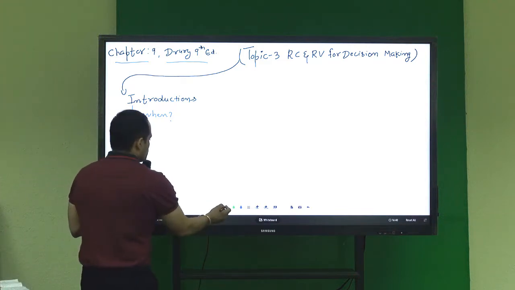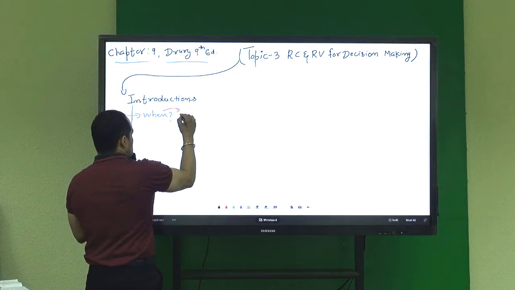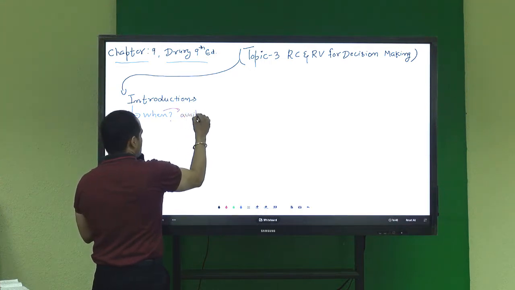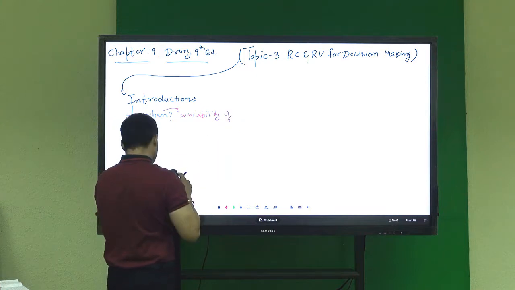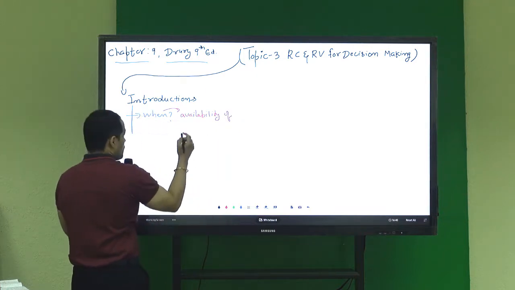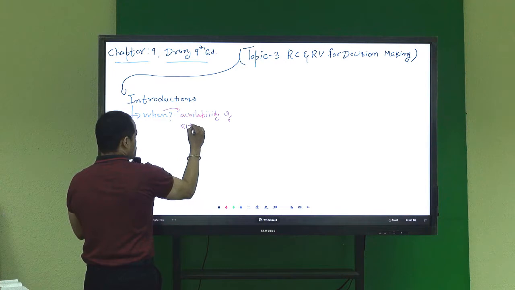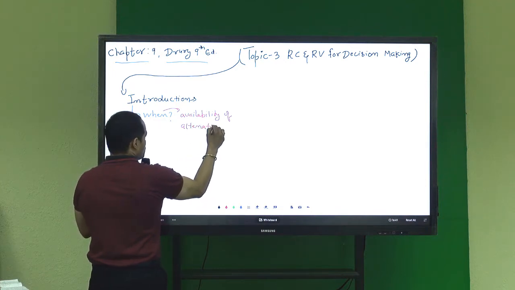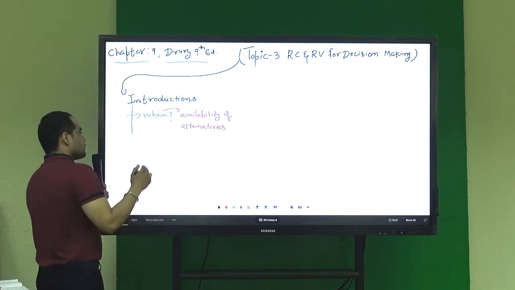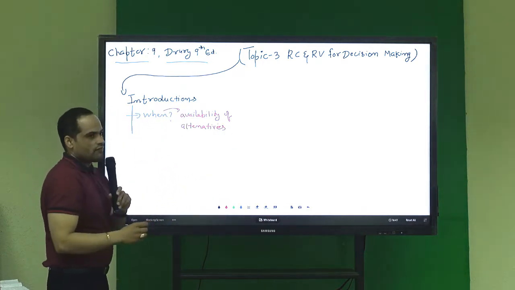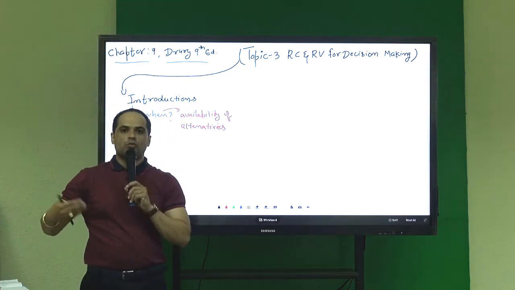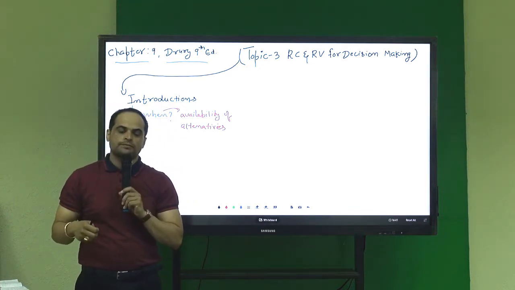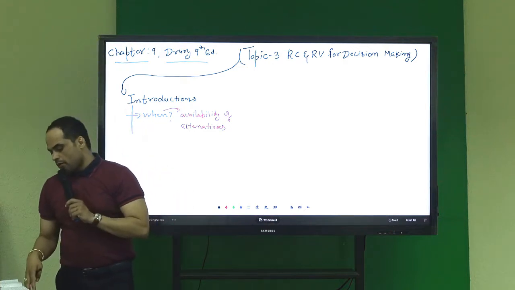Alright? So it's based upon the availability of alternatives. Alright? So when we have different kinds of options available, this is the situation when we're going to make our decisions. Alright? And another important thing